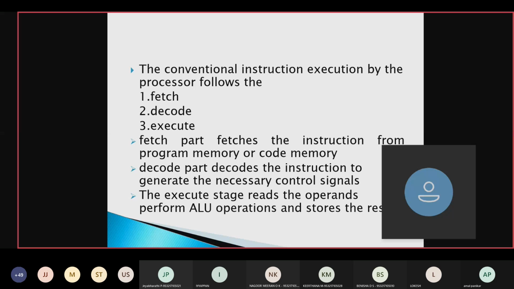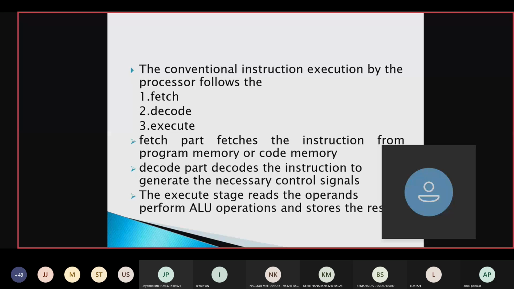Next, we need to decode the instruction. Decoding the instruction is needed because MOV cannot be understood by the processor or controller. It needs to be decoded, and that is done in the decoding process. After that, it needs to execute, such that the data from the BX register is moved to the AX register. That's the example.